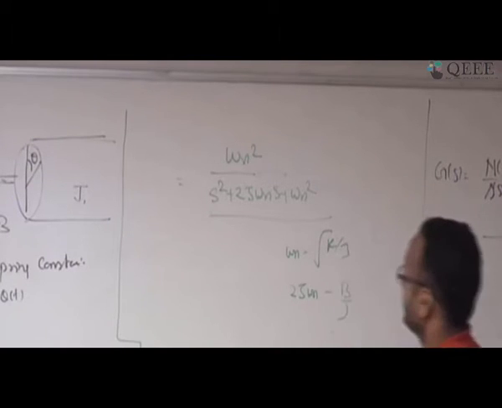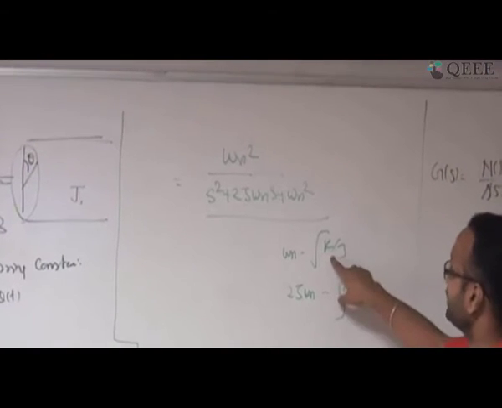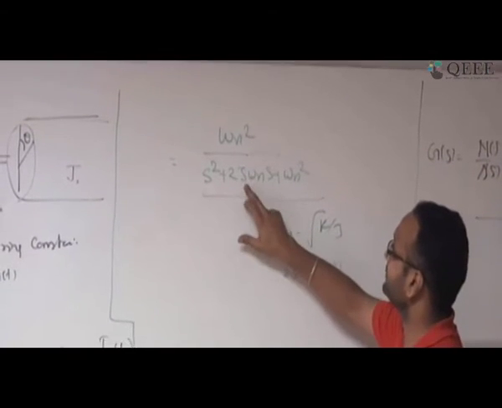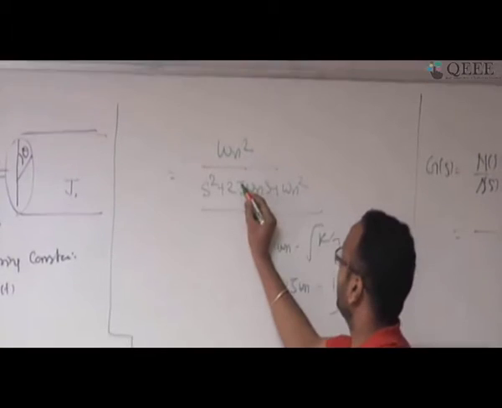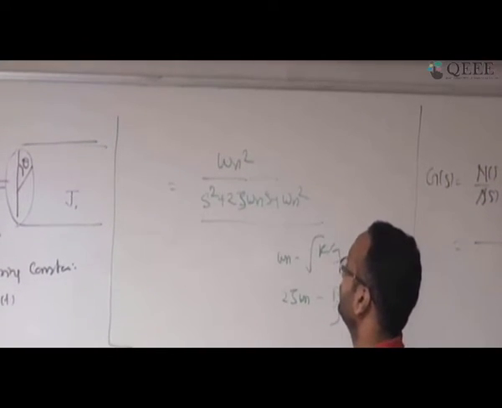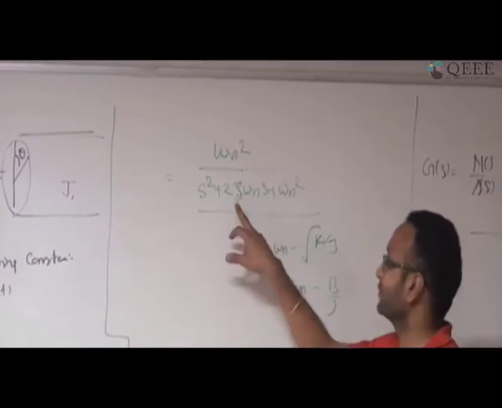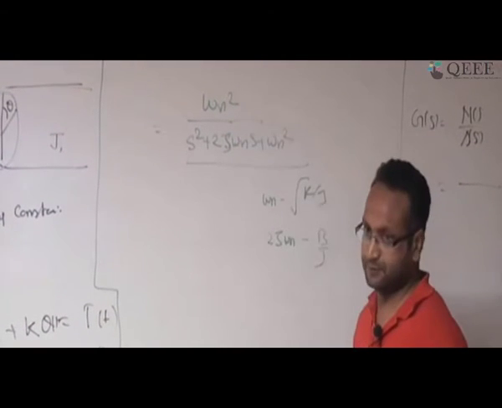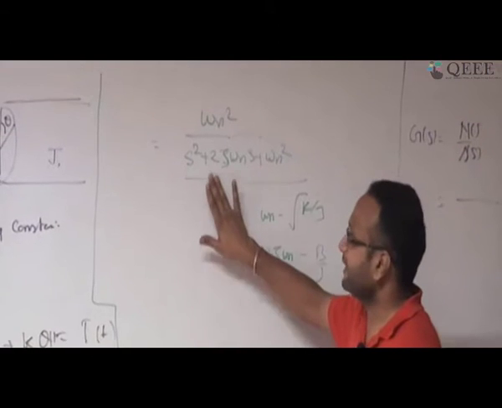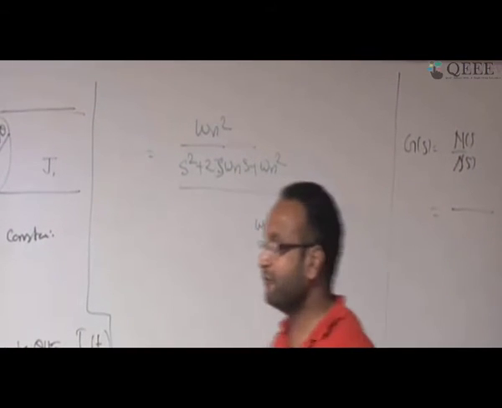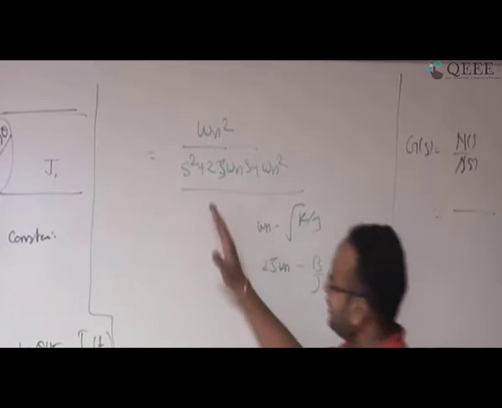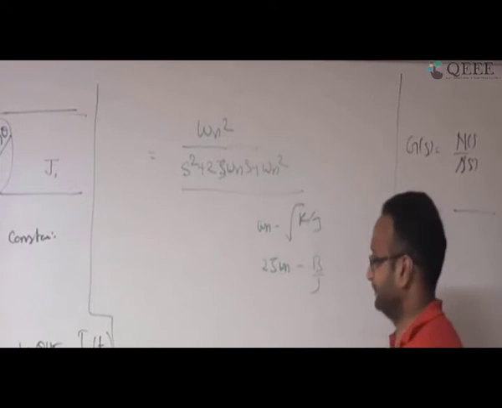Now, instead of spring constant, moment of inertia and viscous friction coefficient, I will be talking in terms of zeta and omega n. Sometimes people use rho also for this 2 zeta term. This is omega n square over s square plus this one. Correct? This is the way I am writing my standard expression for a second order system. From here onward I will be using this form only.